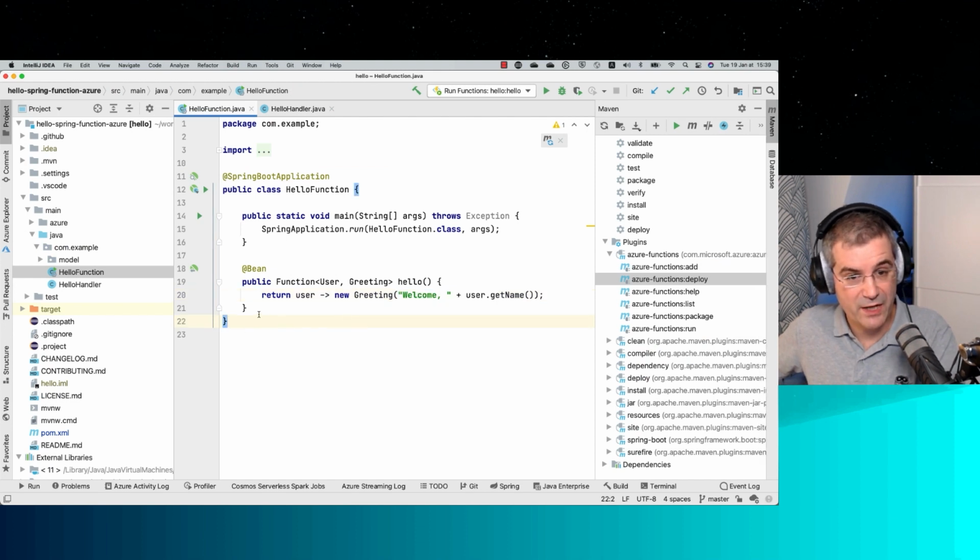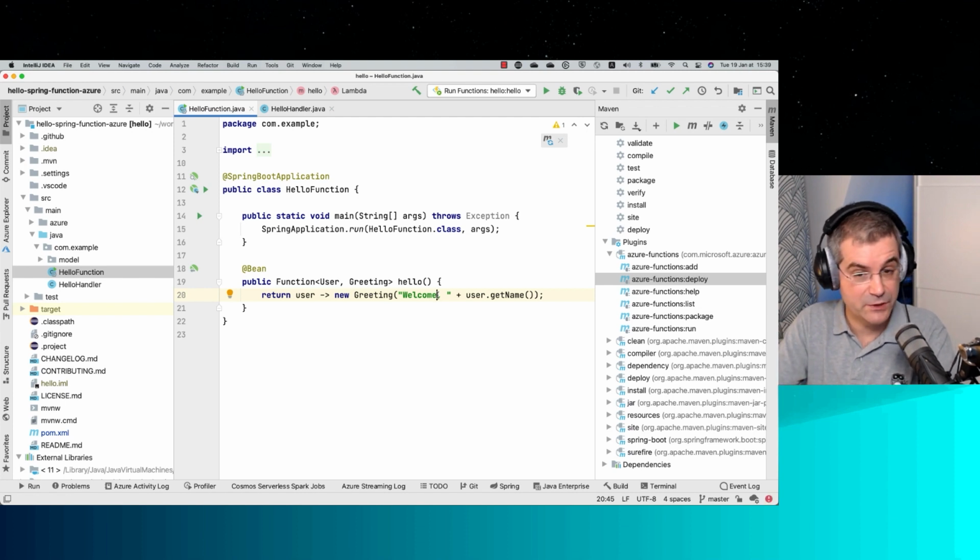So we saw our Java app. We saw that it was quite easy to test locally and to deploy. And of course, here I can code anything I want, and I'm very productive. So as a developer, I have, I would say, the usual experience as a developer. I can develop in my IDE, I can test locally, and I can deploy very easily with that Maven plugin. So it's a pretty good experience.